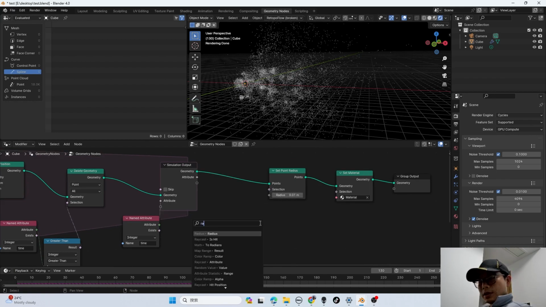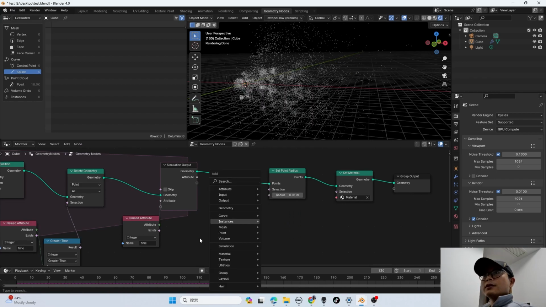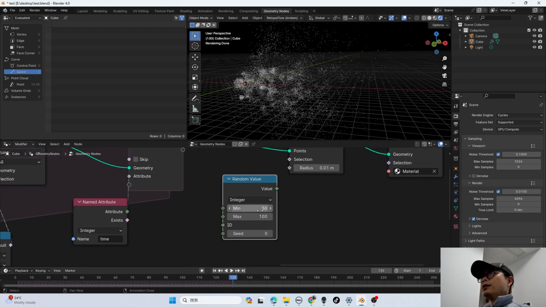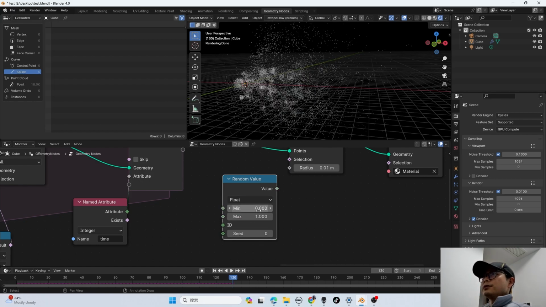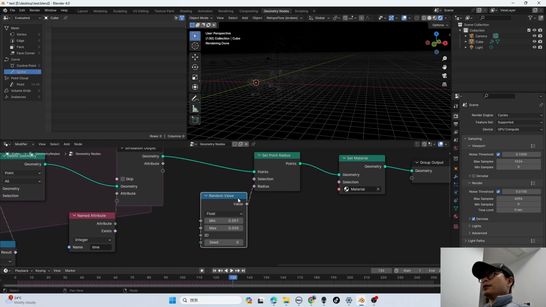And here I will use random. No, not this. We have random. Yeah, here. We will set this value to 0.1 and 0.5. Oh, this is integer. We change 0.01, 0.005 like this, and link it there. They're very small, and